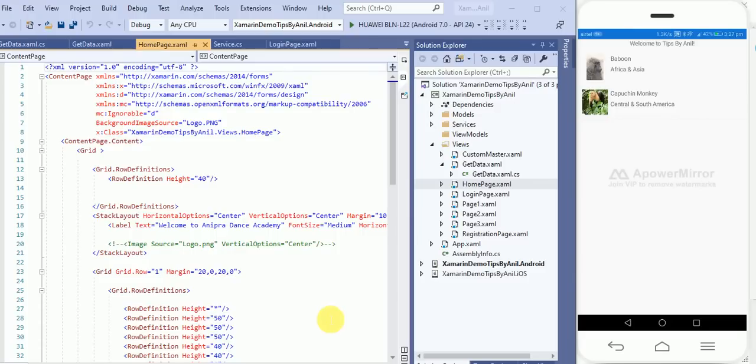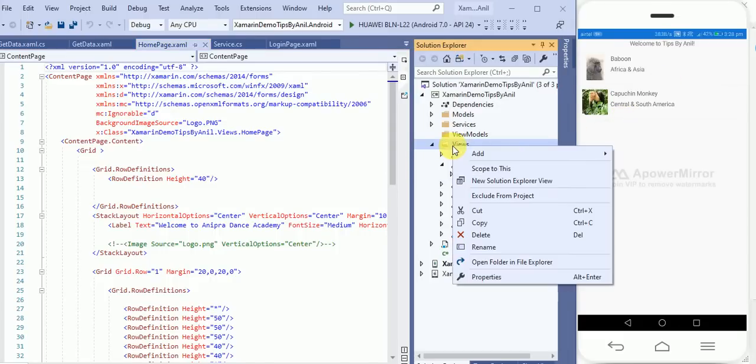In this video we will learn how we can populate the data using the list view in Xamarin Forms. Here you can see I have already created an example for you. This is the image URL, this is the first row, this is the second row, and this is the row span. So this is basically the list view. How can we populate this data in the list view?